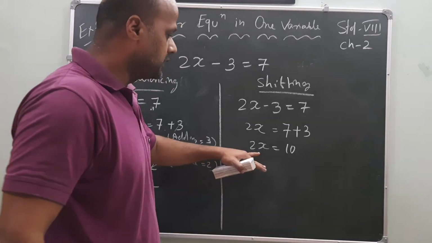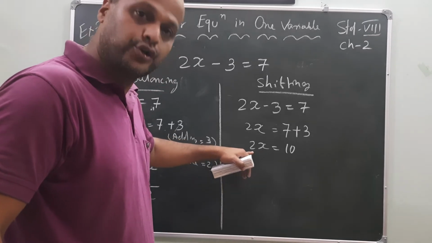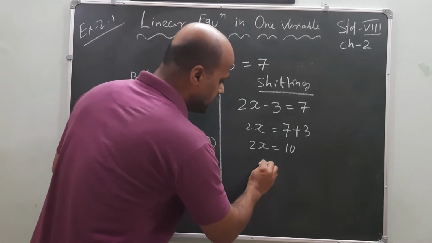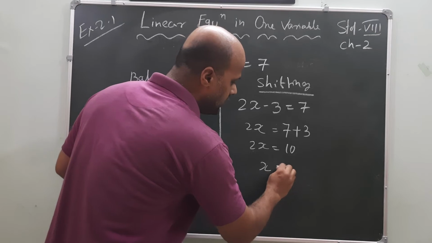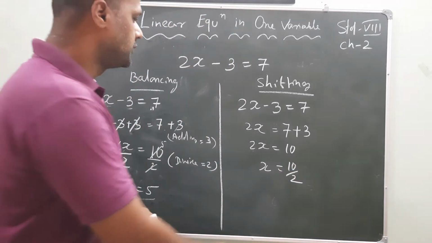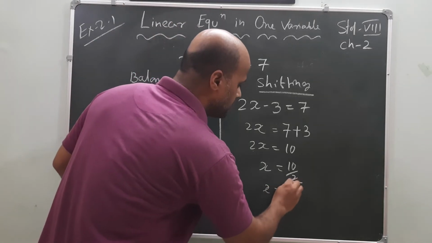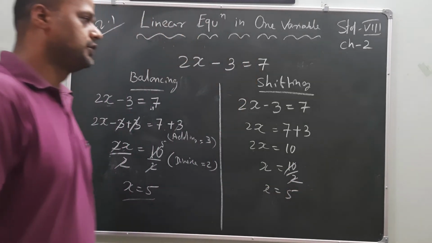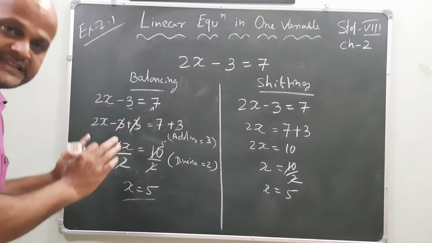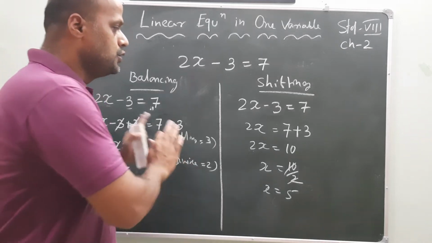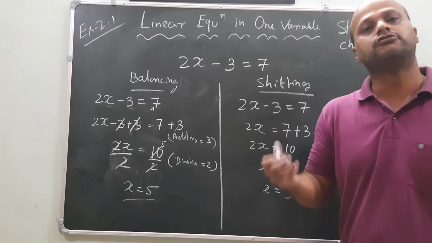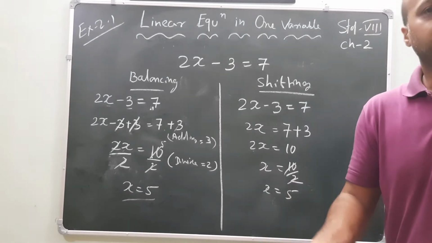Now here, with the variable, which number is there? 2 is there, multiplied with x. If I take out 2 from this side, then what happens? This 2 will go and, multiplication becomes division, on the other side. So what is the value of x? 2 5s are 10. So these are the two processes. Whichever you understand easily, remember that one. Whatever process you do, you will get the right answer and the appropriate marks.